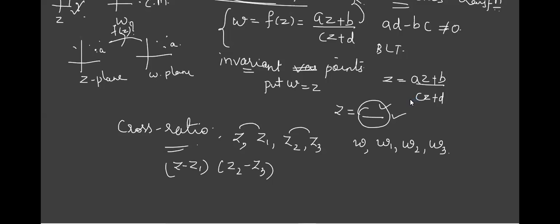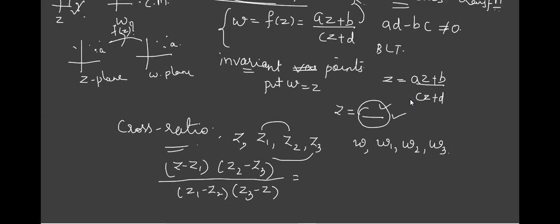Now, divided by what? You should take the differences you have left. We have taken Z and Z1, Z2 and Z3, no? So now you don't start from here, you start from here. Z1 and Z2 are not taken, so take them in the denominator: Z1 minus Z2. Z2, Z3 is taken. Now take Z3 and Z. What will we get? Z3 minus Z. In the beginning, you may not understand, but try to follow. One logic is there over here.